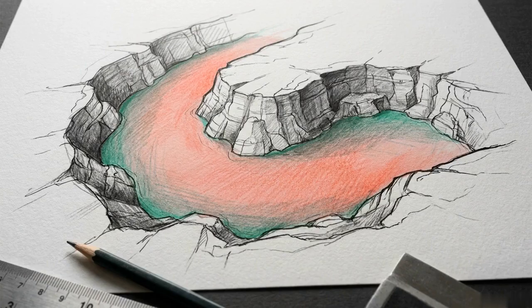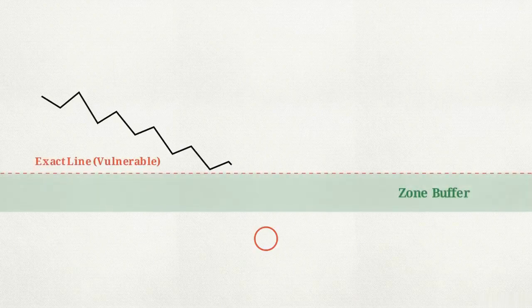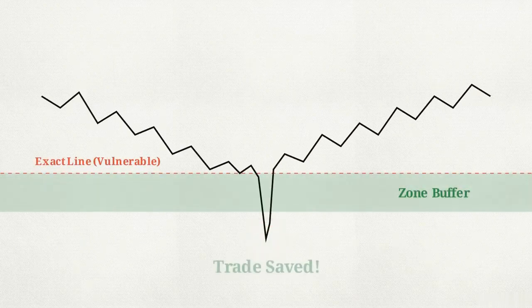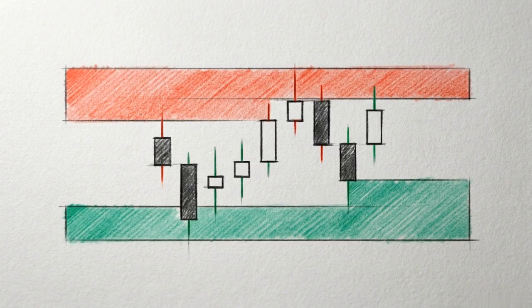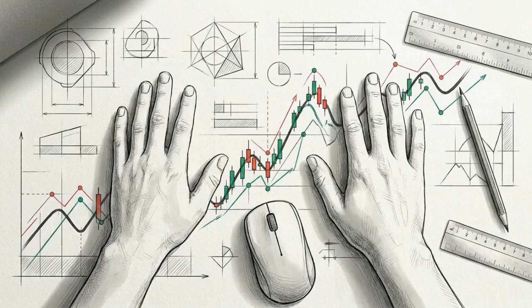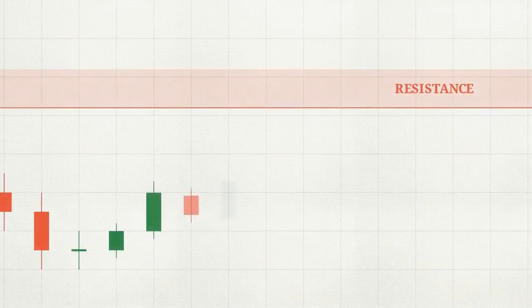Defining these areas rather than exact prices helps you account for standard volatility and reduces the chance of being forced out of a trade by a minor price spike. Compare your original chart to the one you have now. You have transformed a cluttered screen into a legible map of market channels. This clear perspective lets you stop guessing. You can now focus your attention on what happens when the price reaches the edges of your zones to anticipate